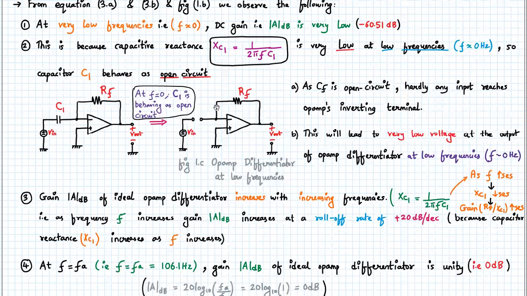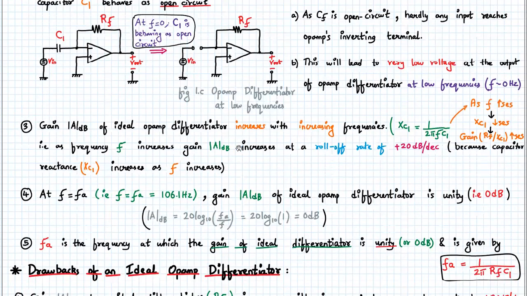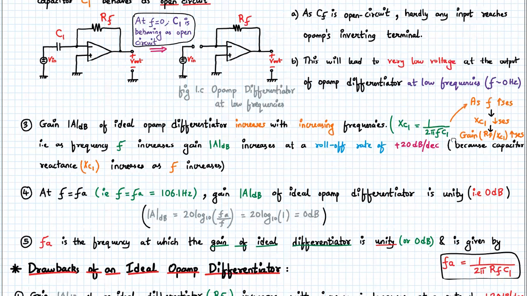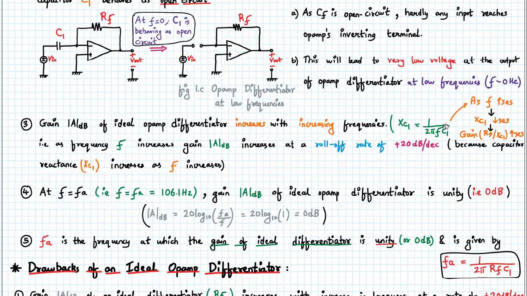Let us see this point number 3. The gain, mod of A in dB, of an ideal differentiator increases with increasing frequency. So XC1 is given by 1 upon 2 pi f into C1. As your frequency increases, your reactance decreases, and the gain of the amplifier, which is RF upon XC1, increases,